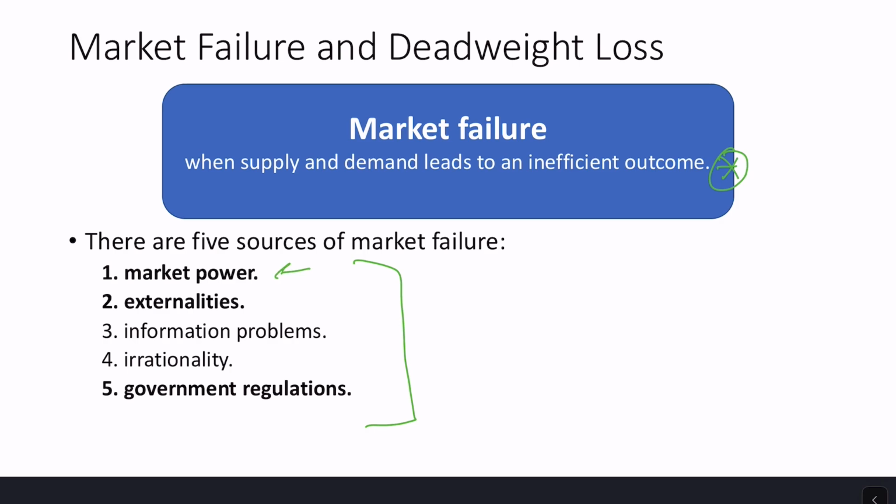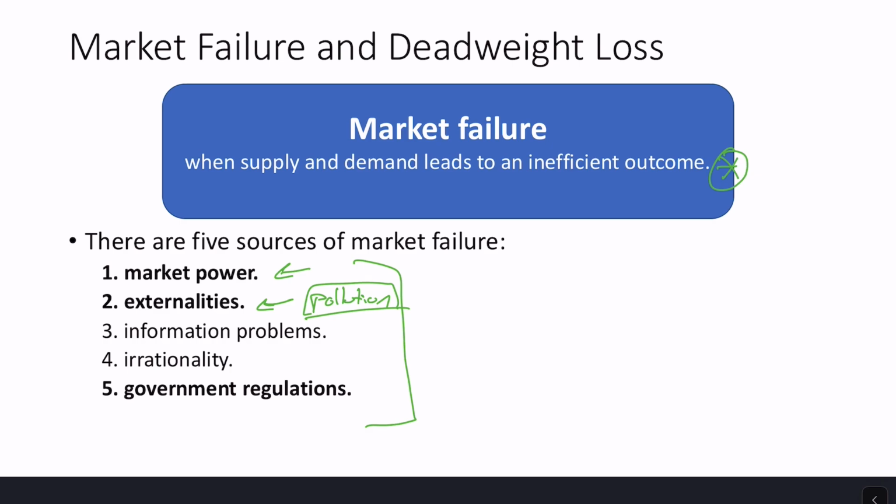One's going to be market power. So this is like monopolies, when you have one company that is going to have the entire market, and they can extract surplus from consumers. They can raise prices on people to do that. An externality is when you impose a cost on somebody else from a decision. The classic example we're going to go through is something like pollution, where when I decide to drive a car, I put emissions into the air that's going to affect people's health, and that's a negative externality that I impose on somebody. That's going to cause a market failure, and we might be able to fix it.